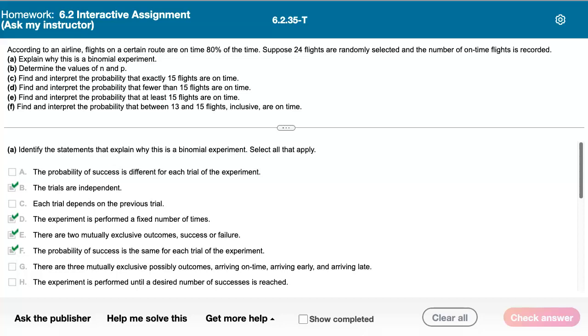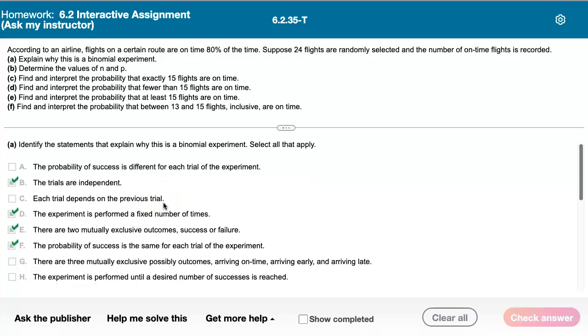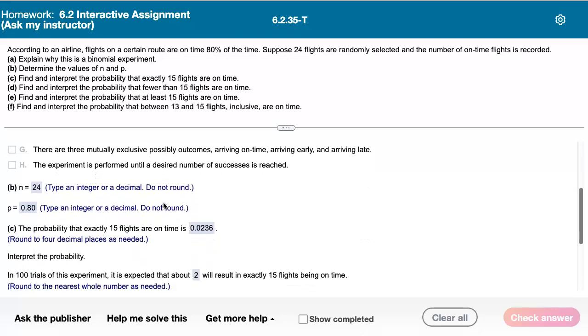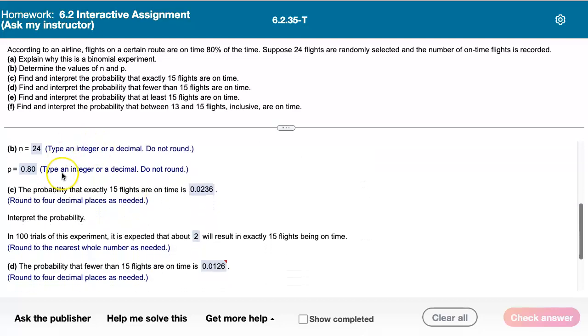In this example, we're going to compute probabilities of binomial experiments using StatCrunch. So if you need to, take a moment to pause the video and read the full problem statement. And for the purpose of this video, I'm going to assume that parts A and B are straightforward to answer, that you can identify why this is a binomial experiment, and you can identify N and P in the setup